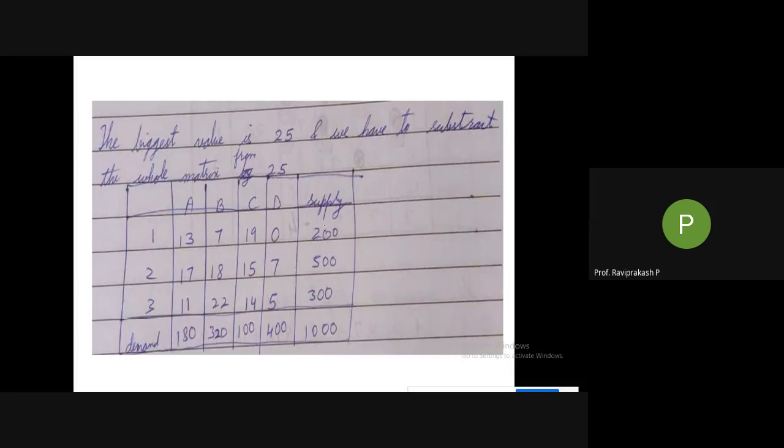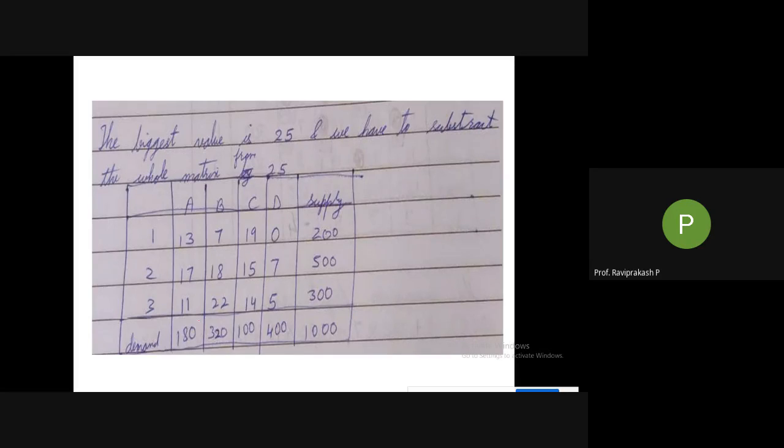Similarly, we need to convert now. Now, when we do this, this is called the minimization matrix. So whatever you have done now, you have converted the maximization matrix to the minimization matrix. Okay, this was the important thing you should do. So for maximization, if you directly do it, you are getting the minimized one. So the smallest value that you will be getting. Okay, but what they are asking here, we need the maximum value and not the minimum value. So first we have to convert the maximization matrix to the minimization matrix.